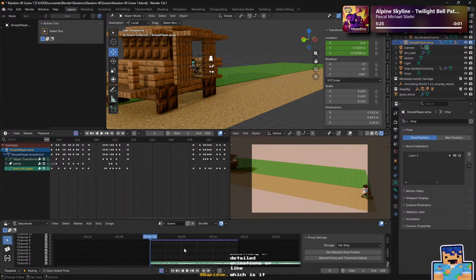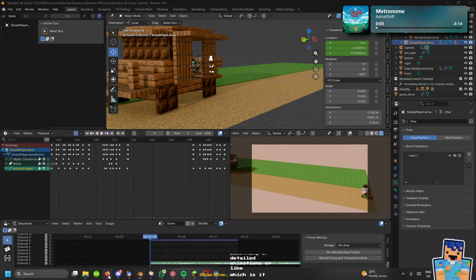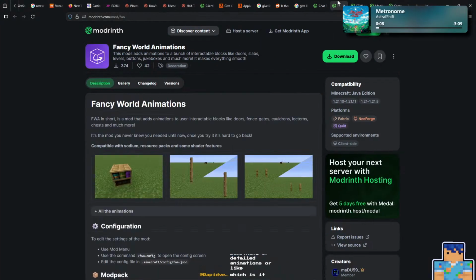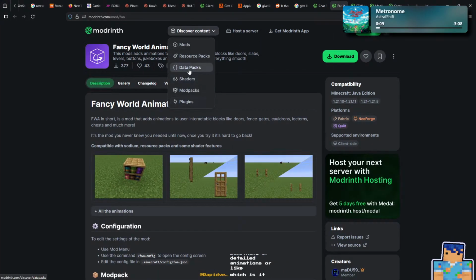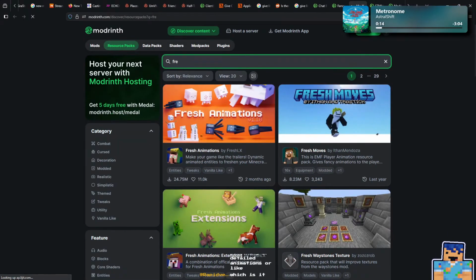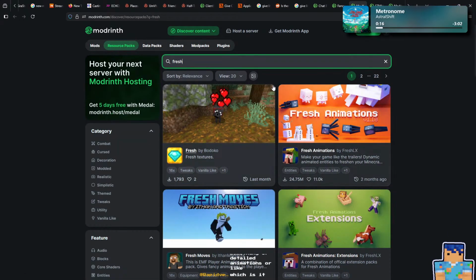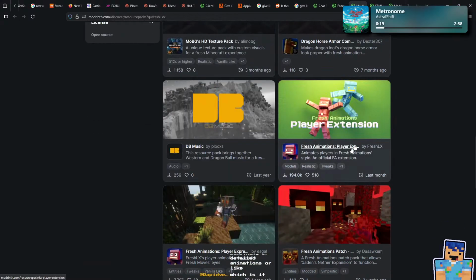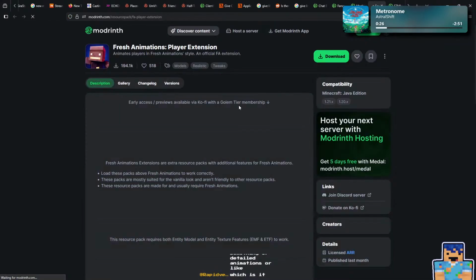Which animation pack is that? Is that Fresh Animations? Yeah, that's Fresh. That's the new, whatchamacallits. Where is it? Get out of the way. It's the Fresh extensions one. The new Fresh extensions. Player extensions. I really like how it looks. Also how